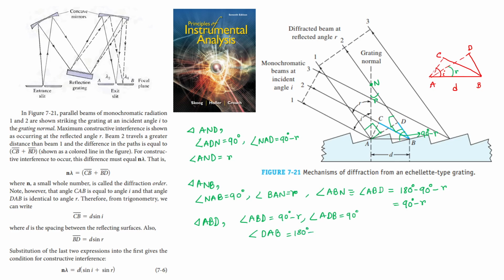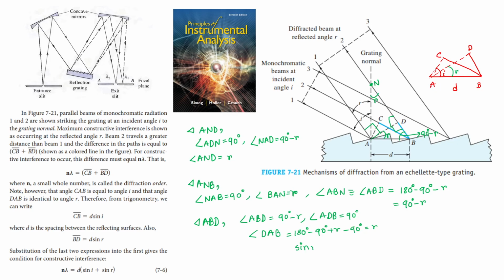That is 180 degree minus 90 degree plus R minus 90 degree, which is R. So this angle we got as R, right? That is what we are trying to find out. So this is R. Then again, by similar analogy, if this is R, so for this triangle,